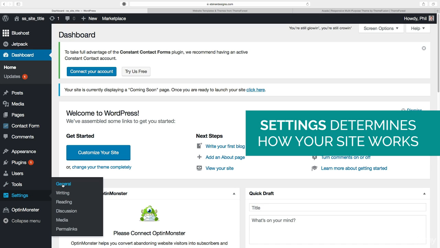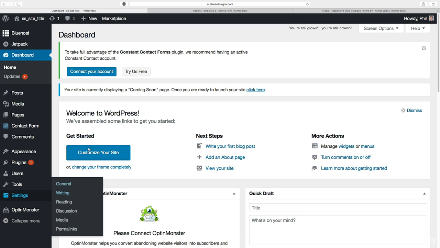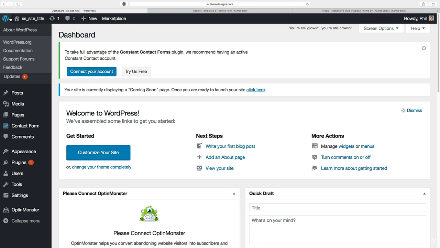We have some basic settings for how our website works in terms of which page is the home page versus the blog page, if comments appear or not, different things that we'll be covering in the rest of this course. Up at the very top, you have our site title, which we didn't edit when we installed WordPress via Bluehost, but we're going to edit that in a moment. And if you want to view your site, you can just click this View Site button.